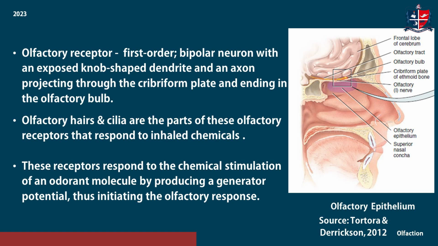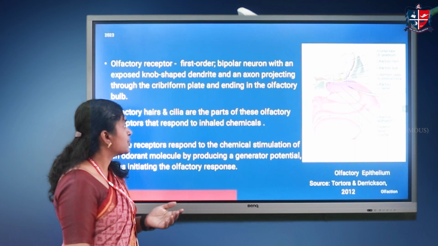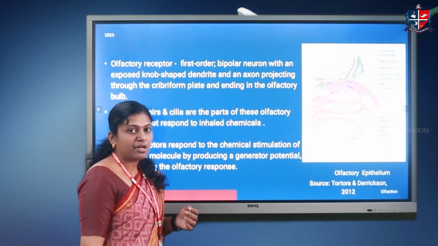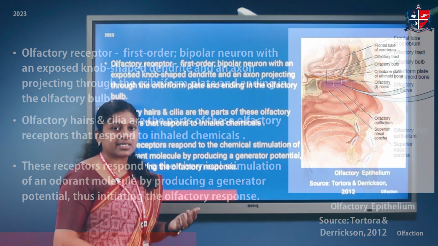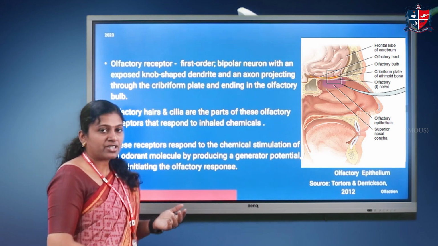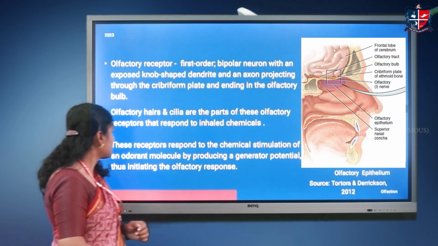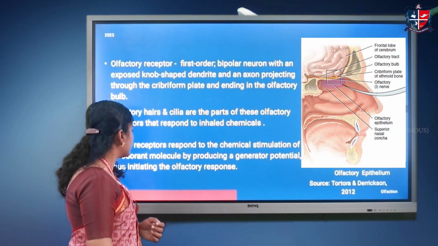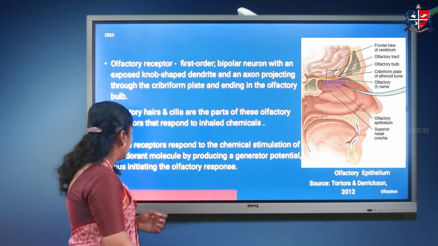Going to the olfactory receptors, they are first order sensory neurons which are also bipolar, with an exposed knob-shaped dendrite and an axon projecting through the cribriform plate, ending in the olfactory bulb. The olfactory hairs and cilia are also a part of these receptors that respond to the inhaled chemicals. These receptors respond to the chemical stimulation of an odorant molecule by producing a generator potential, thus initiating